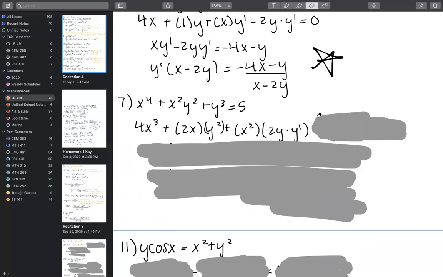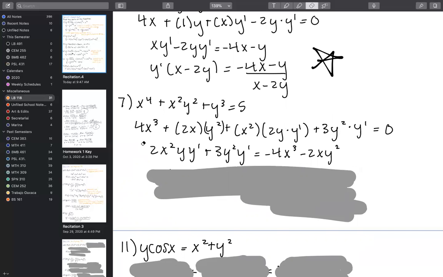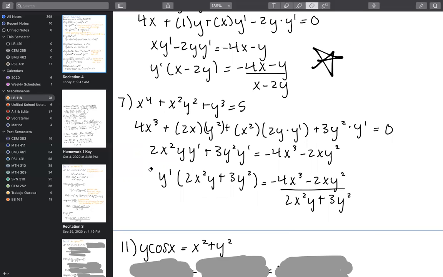And then we do it for y cubed, which is the same situation. We drop the 3, reduce the power, and multiply by the derivative, treat it as a variable first and then as a function. And then on the right-hand side of the equal sign, we have 5 and its derivative is 0. And so our next step is going to be to isolate all the y primes. So we get all the y primes on the left, all of the non-y prime terms on the right. And so we're then going to factor a y prime out and leave everything else behind.